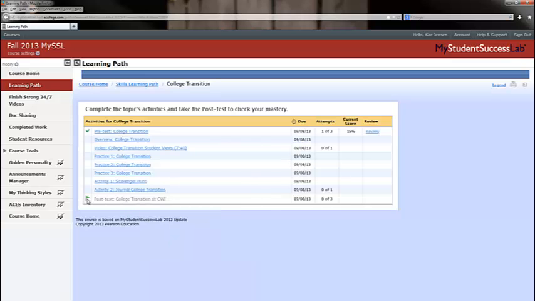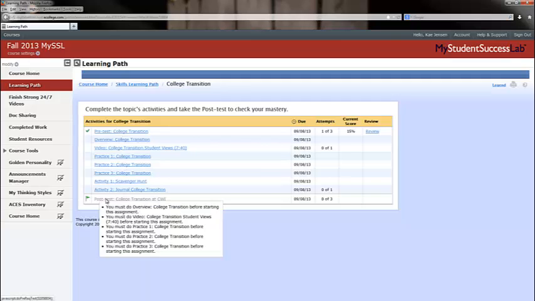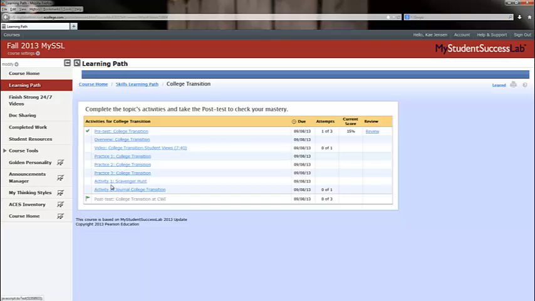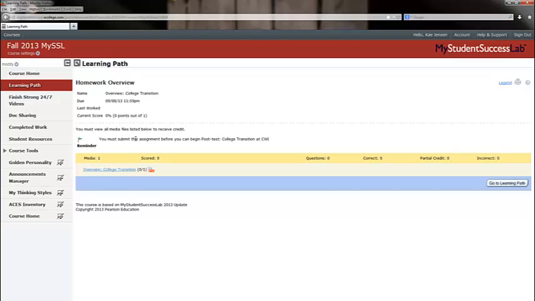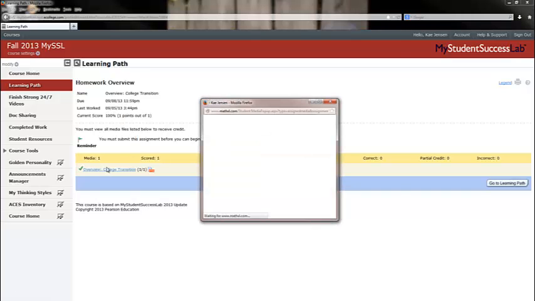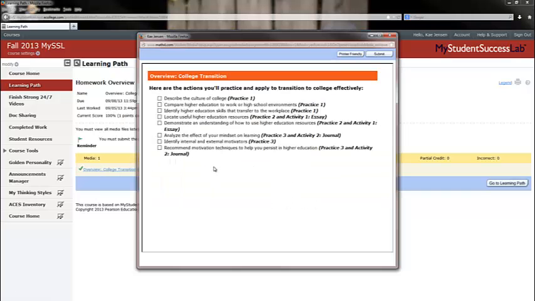It indicates with this little flag that there are prerequisites. There are things I must do first before I can take the post-test. So this says I must do the overview, the video, and the 3 practice assignments. You'll notice there are also 2 activities here. In the overview, which I'll open for you now, I could find out what I'm expected to accomplish during this